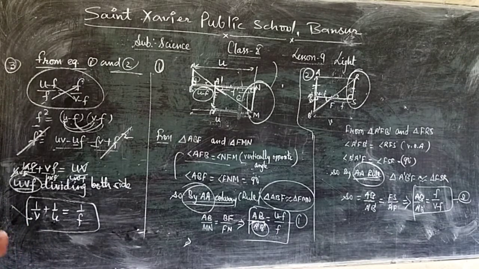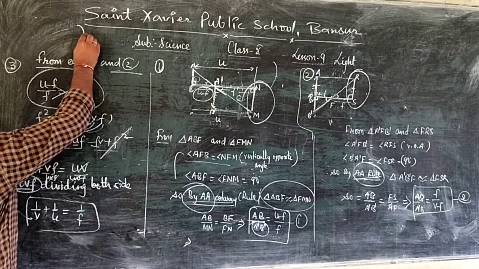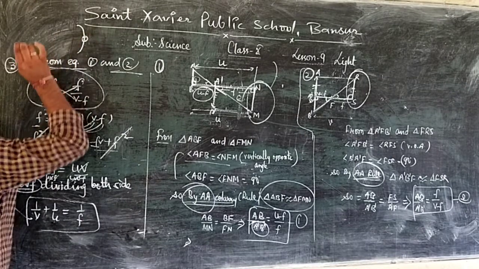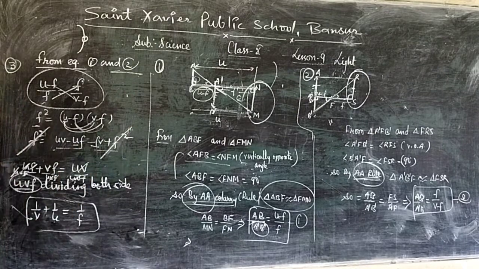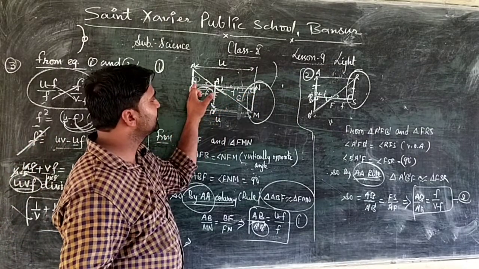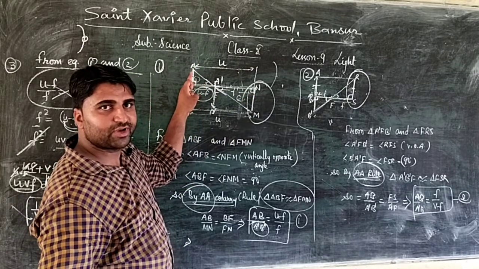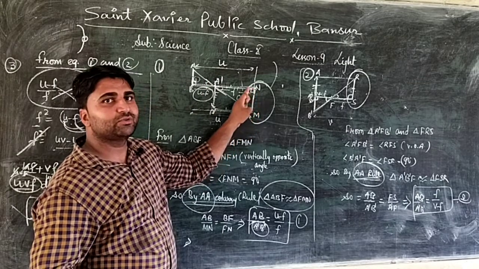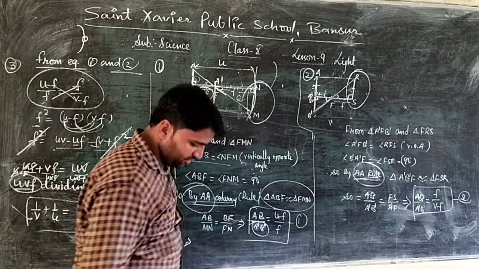But I want to tell you clearly that this curved part, we are taking only a very small part of this mirror. At that time this curved part will be straight. That's why I am taking both angles as 90. This is 90 and this is 90, because the object we have to keep straight, perpendicular. But why is it straight, from where am I taking it? I want to draw the image again.